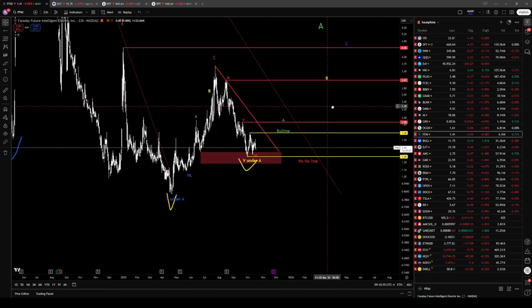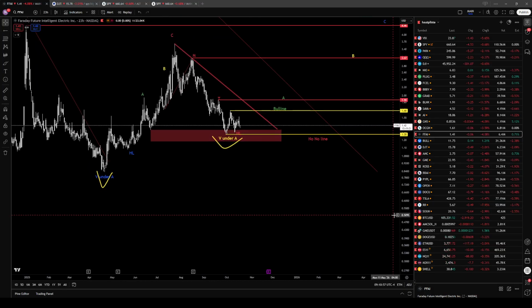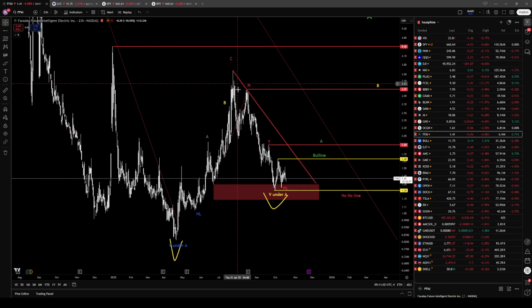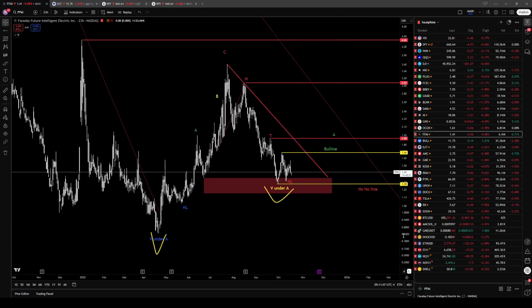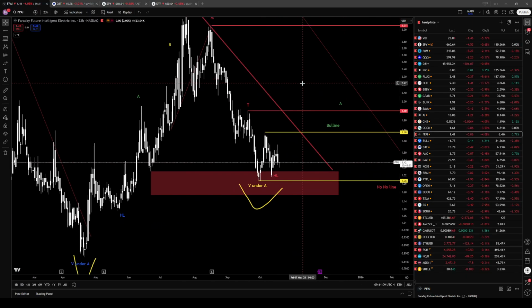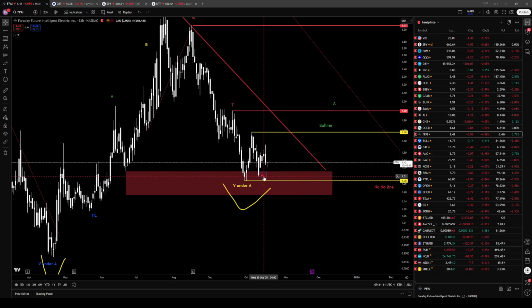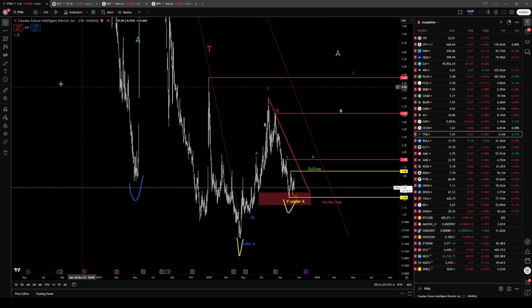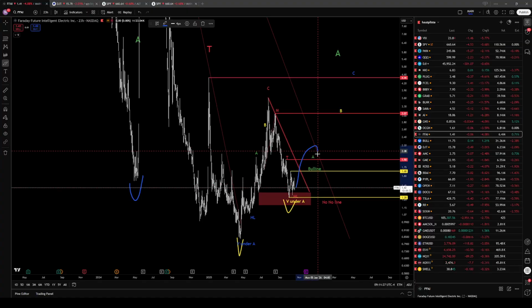What have we done in the last days? We already did our ABC. We did our perfect V and A. And right now, the only thing we want is holding this higher low. If this is holding, your bullish target is breaking over 168 and then AB. And as already said, I don't think for the bullish version we are doing this,